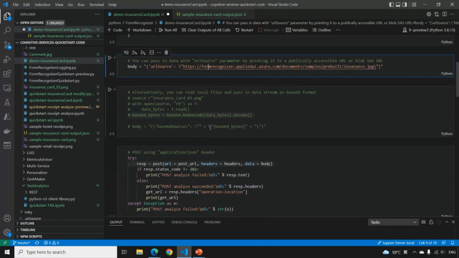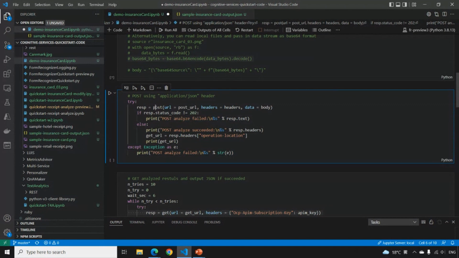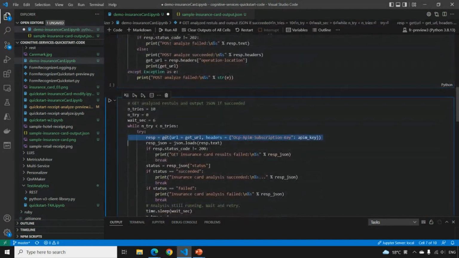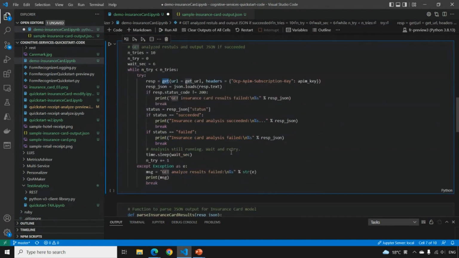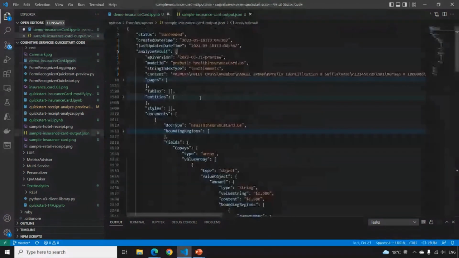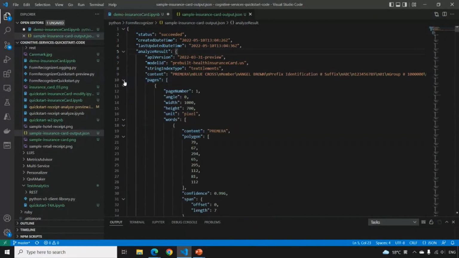And then comes the most exciting part, which is that you just need to do an HTTP post with the headers and the body of the data. And once it's analyzed, you can then use this GET request to get the result. The result is returned in a JSON format, which you can see an easy sample of here. It includes all the text information with the bounding boxes and words.